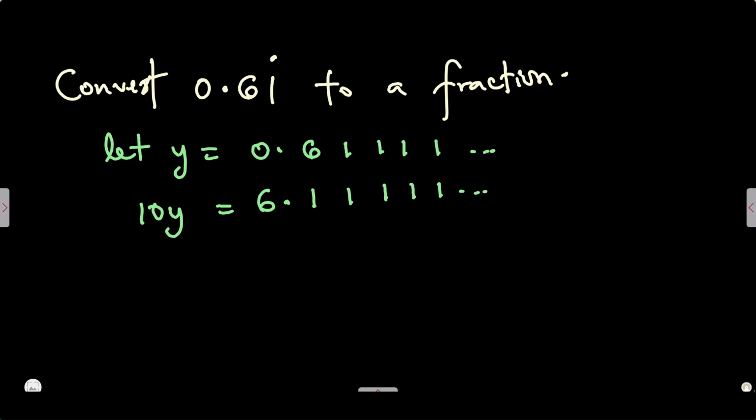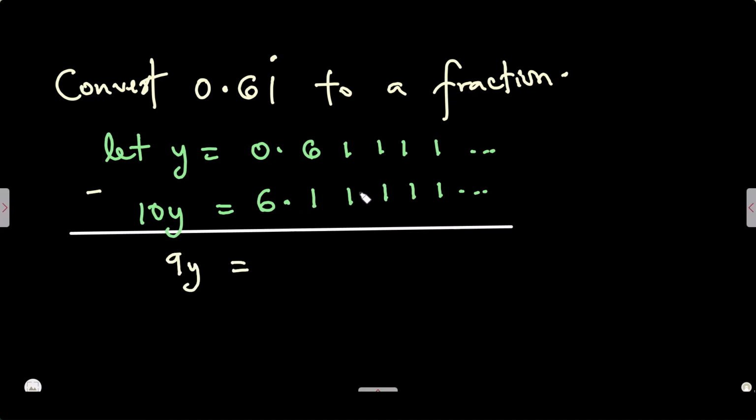6.11111 recurring. And of course I'm going to subtract. So 10y minus 1y definitely is 9y, and 6.111 take away 0.611, because you're subtracting, there's going to be 5.5. Now of course again I'm going to divide this through by 9, so y would be 5.5